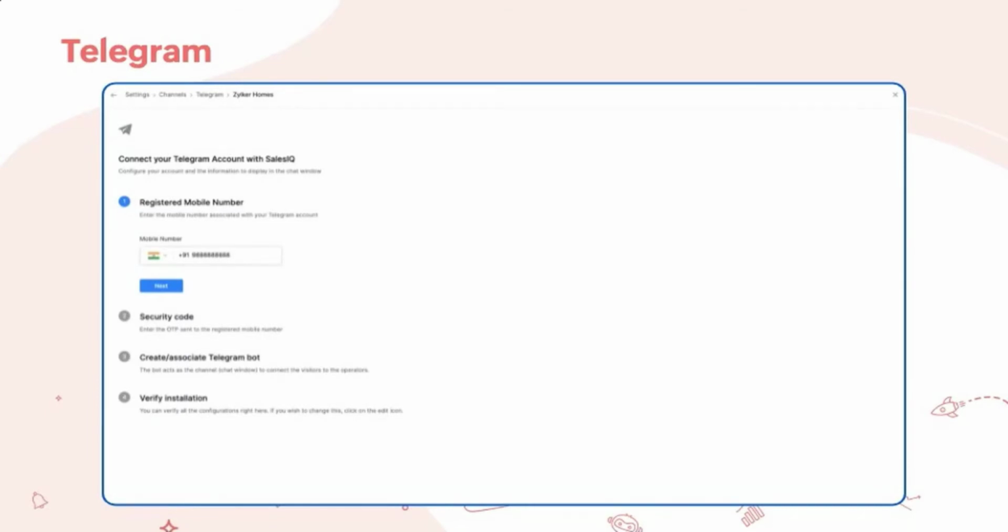The bot feature in Telegram will act as a communication bridge that allows operators to communicate with your visitors. So visitors can initiate a chat request by sending a message via the bot. The operator can pick up the chat from the SalesIQ chat window and then assist the visitors. So users can have all the chats and media securely stored in their Telegram account without being lost.